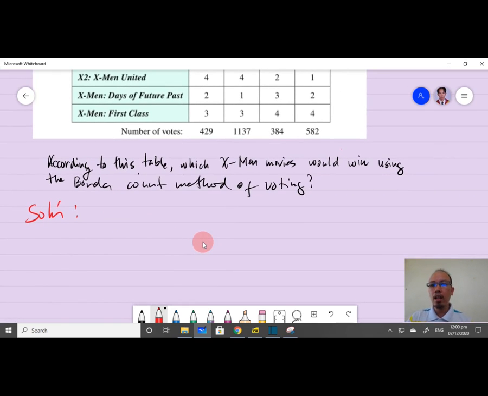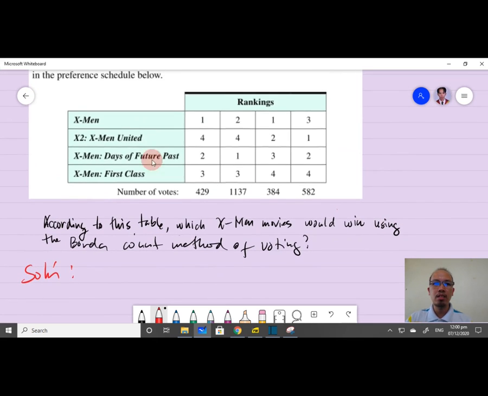How many, ask yourself, how many candidates? There are 4 candidates, or 4 choices. So we have our n here is 4. Our n is 4. So for example, this 429